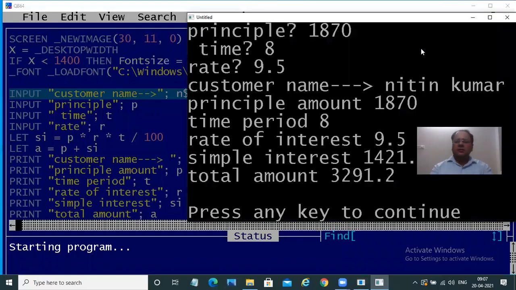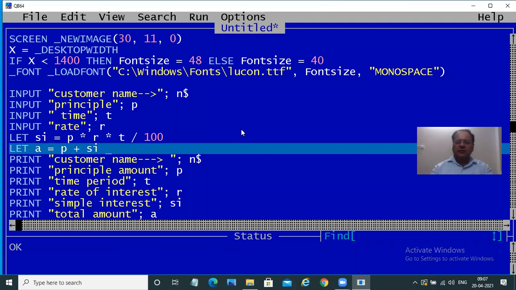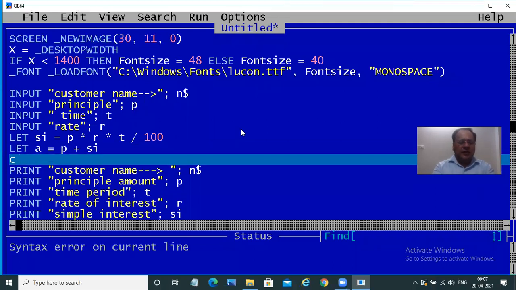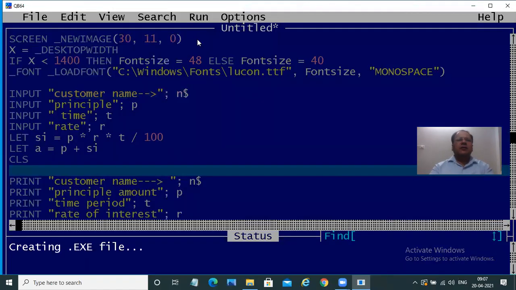We'll need to shut this down first, otherwise the entries will not come, and then we'll put a CLS. So now what will happen is all these statements after entering will clear up and you will get your output only on the screen. I'll run it once again and show it. Any values over here, you can just see.